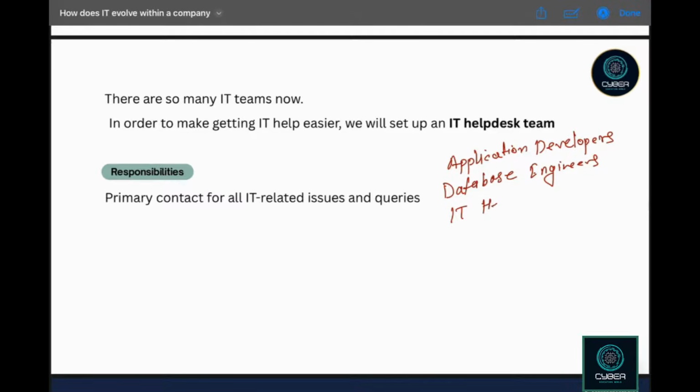IT help desk, okay, the point of contact for any IT issues, okay, and they do initial triage and assign tickets to the right team, just like a general physician in a hospital, okay, who refers you to a specialist, okay, and